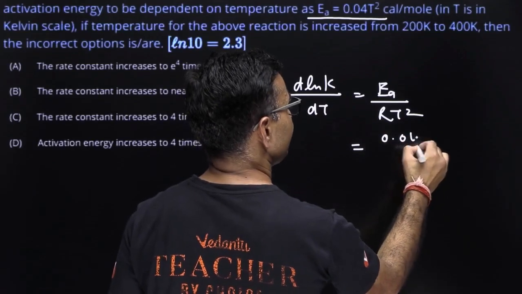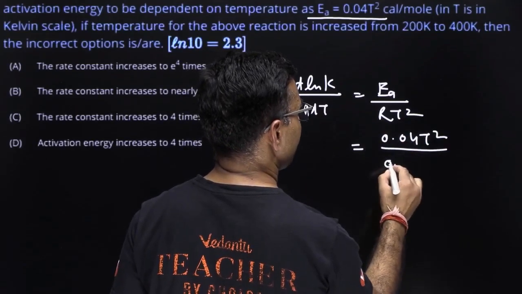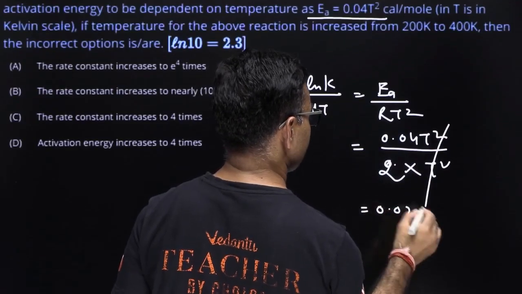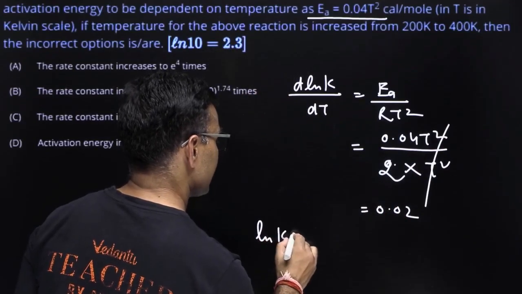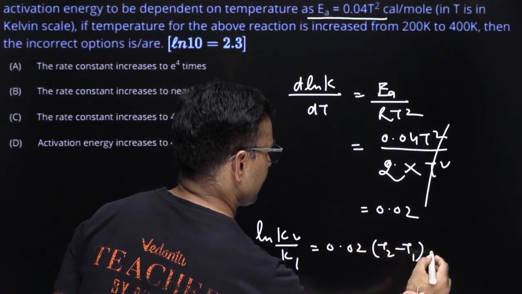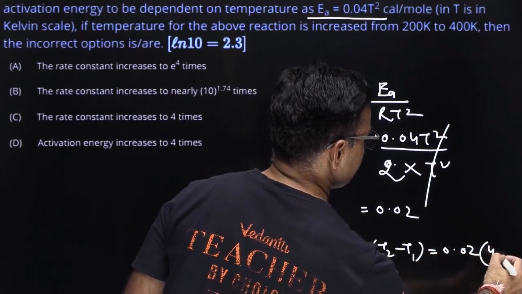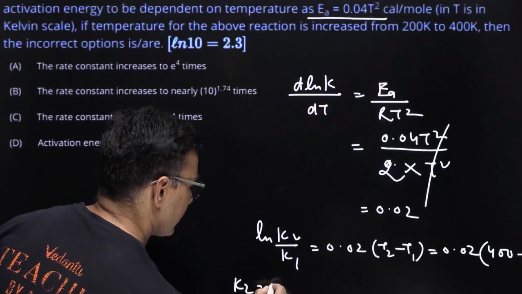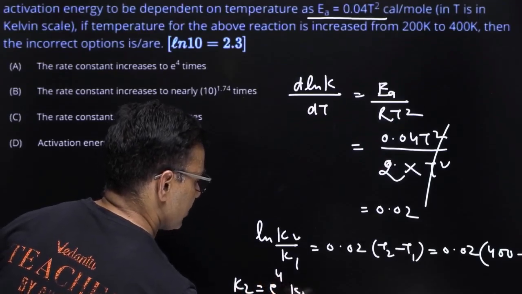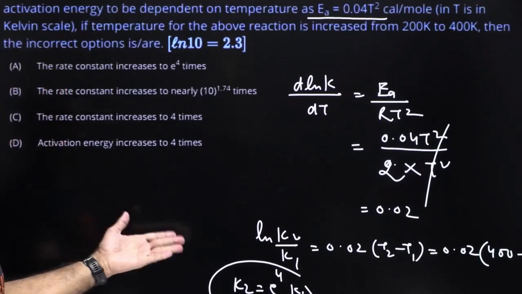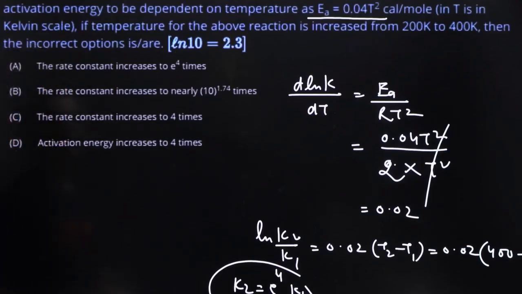यहाँ पे Ea की वैल्यू रख दो 0.04 T स्क्वायर अपॉन R की वैल्यू, R की वैल्यू 2 ले लेता हूँ कैलकुलेटर में, 2 इंटू T स्क्वायर, तो T स्क्वायर कैंसिल हो गया, ये आपका 0.02 आ गया। इसको अगर मैं लिख दूं ln k2 अपॉन k1 इज इक्वल टू 0.02 dT, जो कि T2 माइनस T1 हो जाएगा। ये है 0.02, T2 माइनस T1 इज 400 माइनस 200 विच इज 200, ये आपका 4 हो जाएगा। यहाँ से अगर आप k2 निकालोगे दैट बिकम्स e रेज टू द पावर 4 इंटू k1, दैट मीन्स जब भी टेम्परेचर 200 से 400 आपने किया तो k बिकम्स e रेज टू द पावर 4 टाइम्स। ऑलराइट, तो अब आप ऑप्शंस पे चले जाओ।